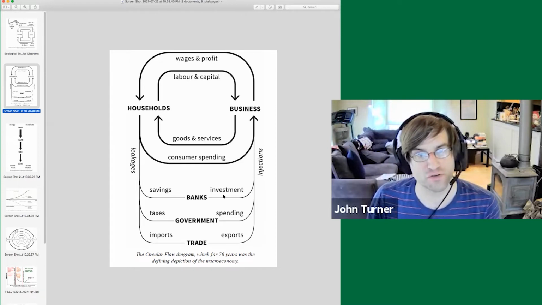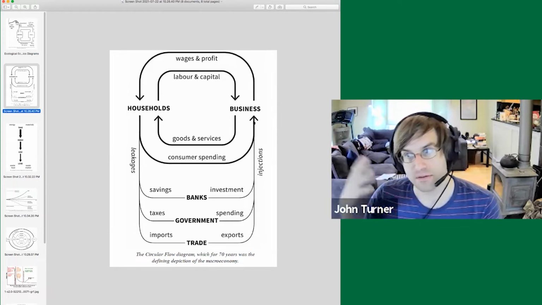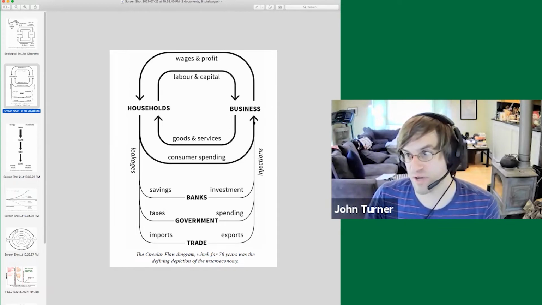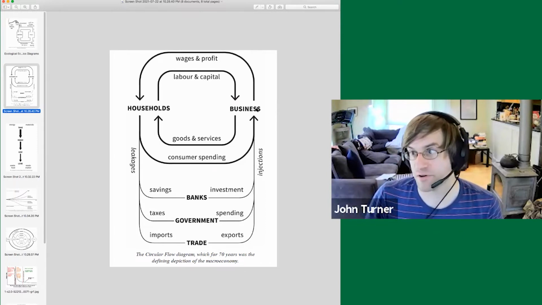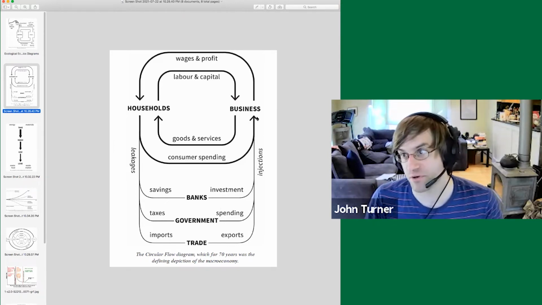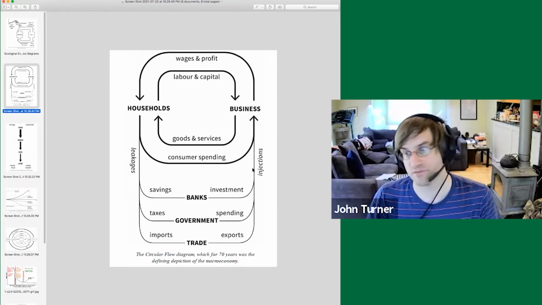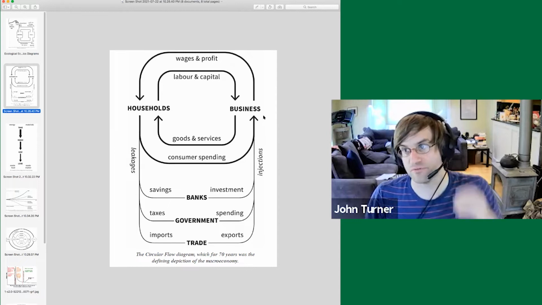And then injections over here: banks make loans that invest in particular businesses with the prospect of future growth. The government spends money that is then distributed throughout the economy. For example, when the government signs a contract with Boeing for a bunch of military planes, that's government spending that goes back into business. When you think about the infrastructure scenario for our politics agenda DA, that's government spending that is creating an injection in the economy. That's part of the reason that there are some growth related impacts to the infrastructure bill. And then trade exports, those are injections into national wealth, or the flow of national wealth.